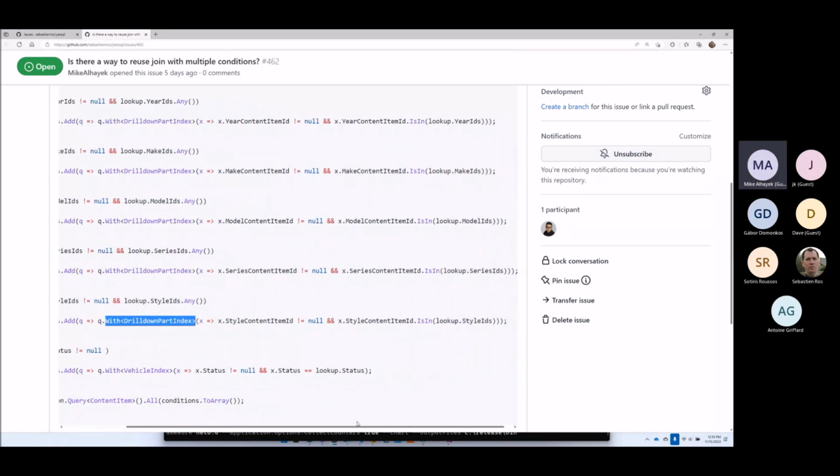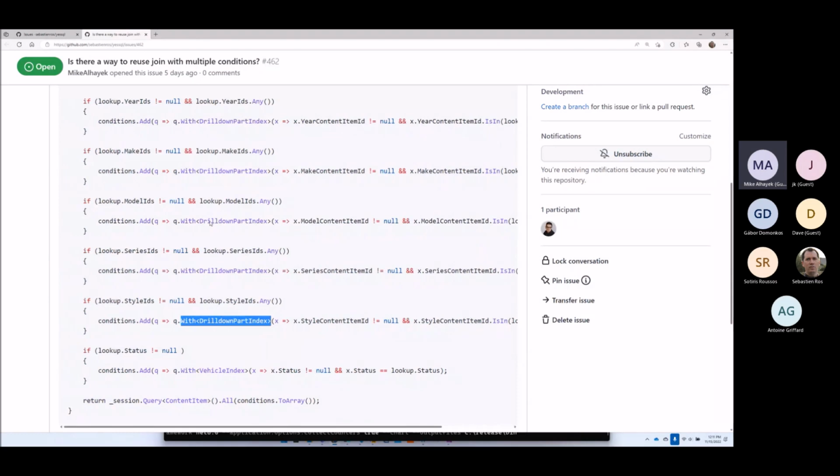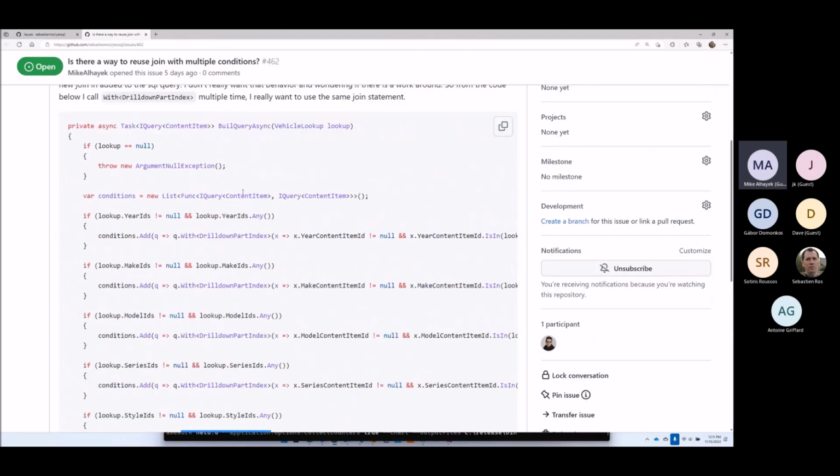I actually don't think it's weird. I think logically it makes sense unless you give it more instructions. Yeah, because when we do that and we create a join, we name the join, so we can reuse the join. But I think you would have to provide the name somehow to the with, so that way it knows that these three should belong to the same join. Otherwise, I don't think logically you can predict. Like if we have an alias to pass to with, then